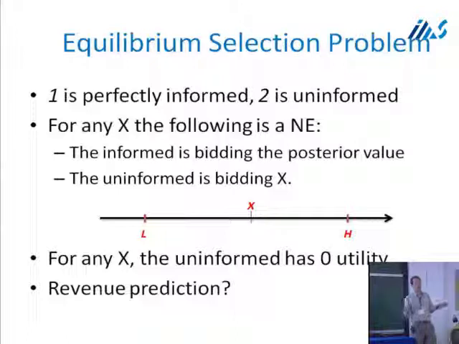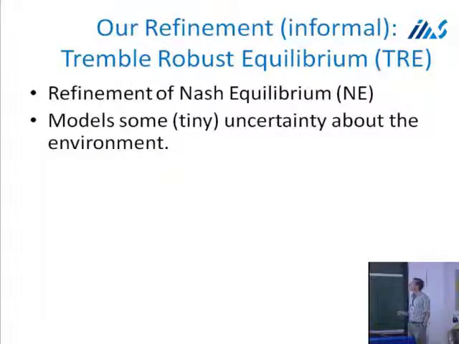And we don't know how much revenue will be extracted, right? For every X, you'll get different revenue. If X is H, then our revenue will be optimal. It will be equal to the unconditional expectation. If X is L, then our revenue is going to be L, because the second bid is always L. So that's actually quite problematic. So what should we do about that?